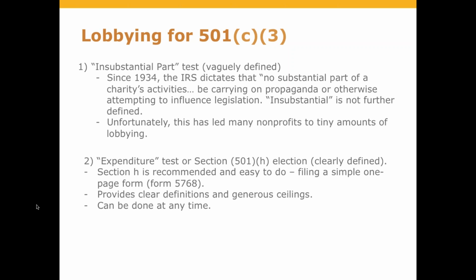And they shouldn't be afraid to do so, but the way the system was set up makes them think that they can't. Luckily, the IRS also offers what is called an expenditure test, also called a Section H. It is simply a one-page form that helps you to estimate how much you can spend on lobbying. I know this is complicated, but we'll talk more about that in a little bit. The important takeaway is the 501H election is considerably easier. It's actually one of the most simple IRS forms in existence. And the odds are very, very good, if you're filling that out, and many of you probably have filled one out, you can lobby more than you think.